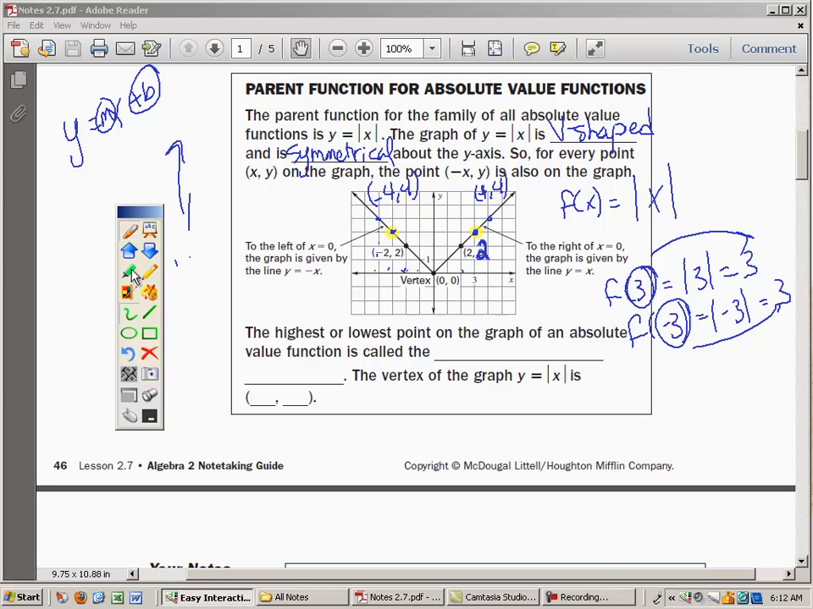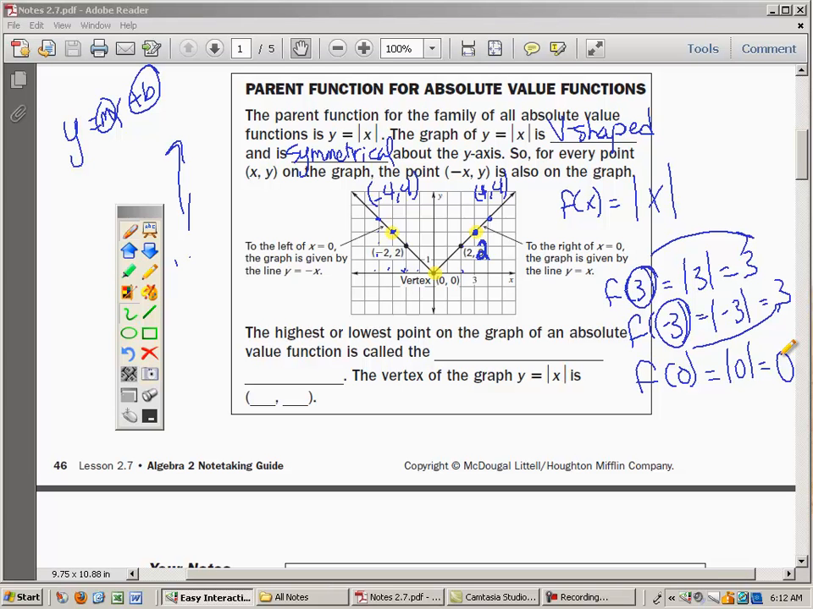All right, now the point that we can think about a little bit too is the point 0. If x is equal to 0, my function f of x, or f of 0, is equal to the absolute value of 0. And see, there is no positive or negative 0, so when you do absolute value of 0, you get 0. All right, the highest point or the lowest point of an absolute value function is called